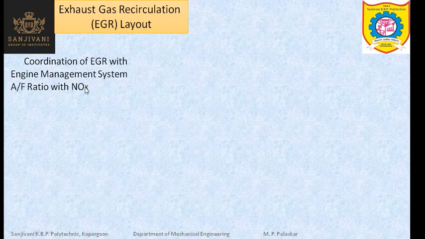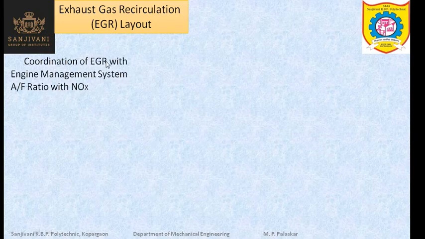EGR reduces the oxygen which is available for combustion. So this may affect the air fuel ratio. Now instead of saying air fuel ratio, more precisely we should say oxygen fuel ratio, because it is the oxygen which helps for combustion, not the other components in the air. The other gases in the air are not helping the combustion, only the oxygen is. But since oxygen is present in the air and air is freely available, we are using the air for combustion.